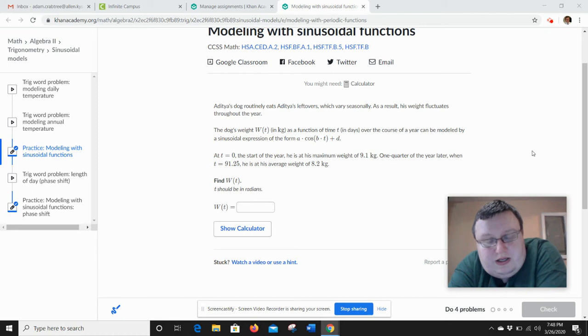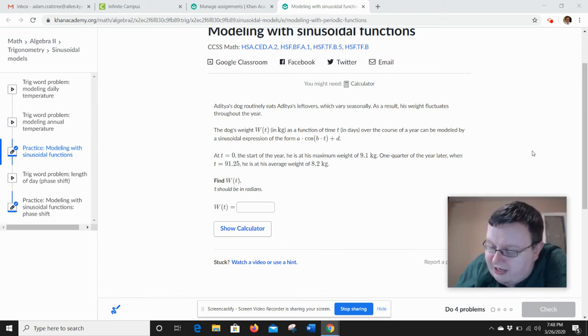Well, first of all, if we know how to figure out the difference in the y right there, your distance from your midline up to your maximum, what is that? That's the amplitude. So if you want to find the amplitude, subtract your y coordinates of those 2 points right there. And if you do that, you do 9.1 minus 8.2. You accidentally do it the other way around. Remember, amplitude is positive unless we start at a minimum. But you always want to do the top minus the